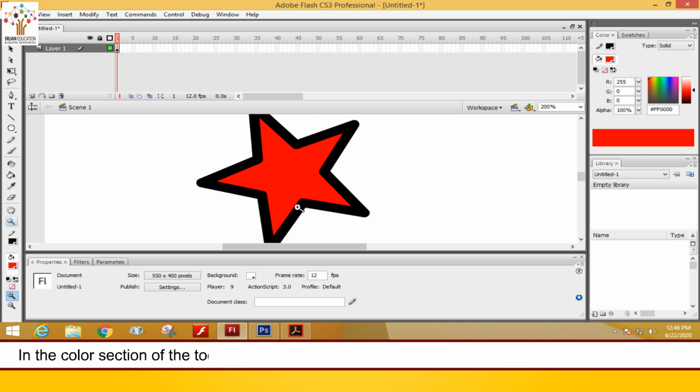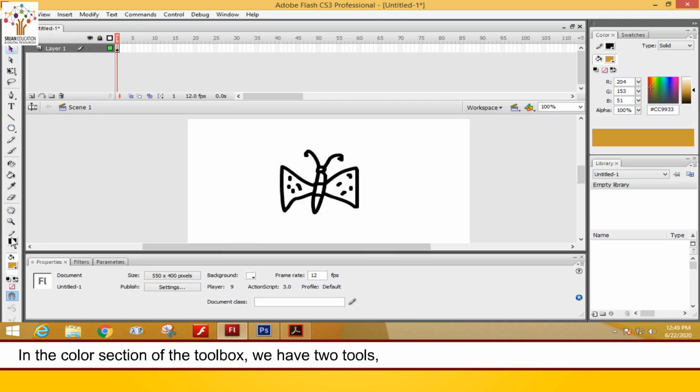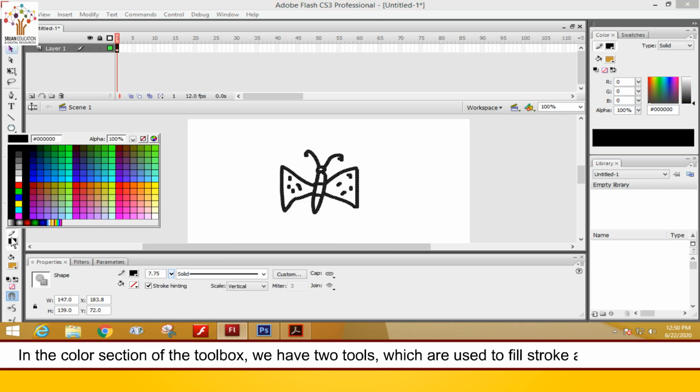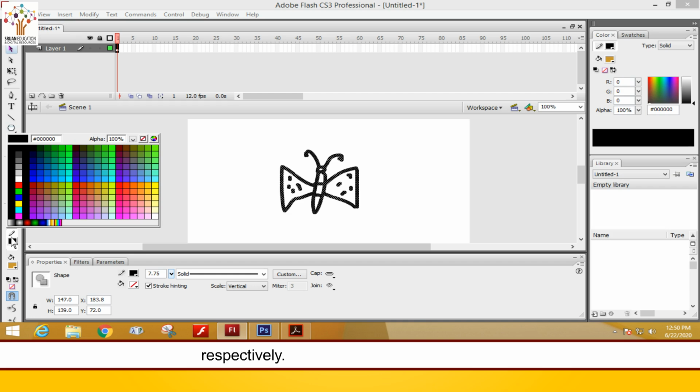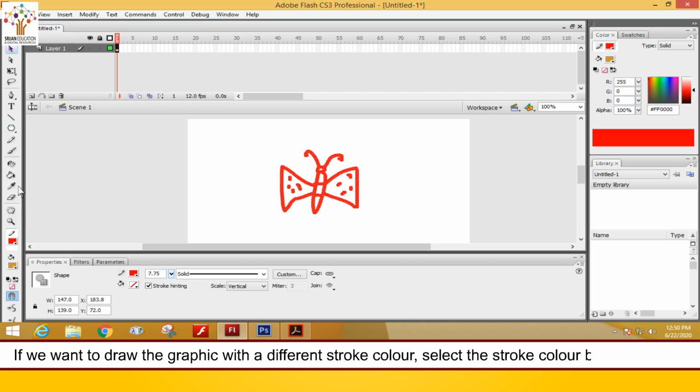In the Color section of the toolbox, we have 2 tools which are used to fill the stroke and foreground, respectively. The tools are described below. Stroke color. When we draw any graphic with the help of any tool, the stroke automatically appears with the same graphic color. If we want to draw the graphic with a different stroke color, select the stroke color